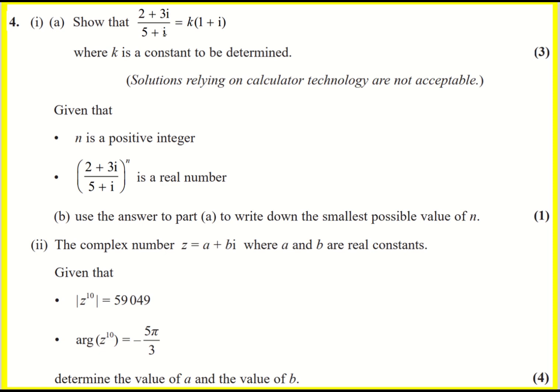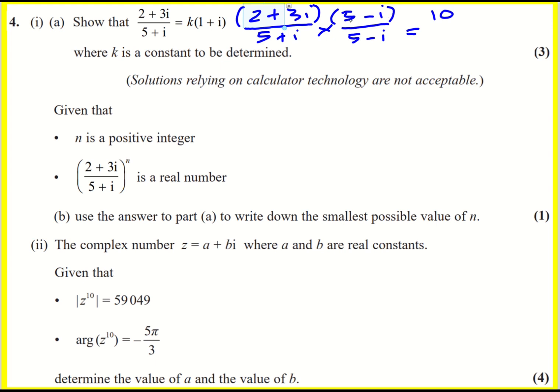Show that (2 + 3i)/(5 + i) is equal to k times (1 + i), where k is a constant to be determined. Right, so I was about to say rationalize the denominator, but it's the same idea. We multiply by the complex conjugate of the denominator, so (5 - i)/(5 - i), which gives me, okay, these are double brackets, so I'm going to get 10